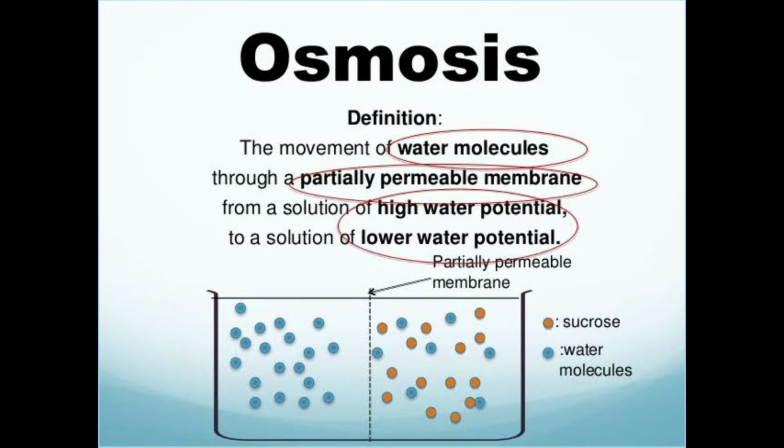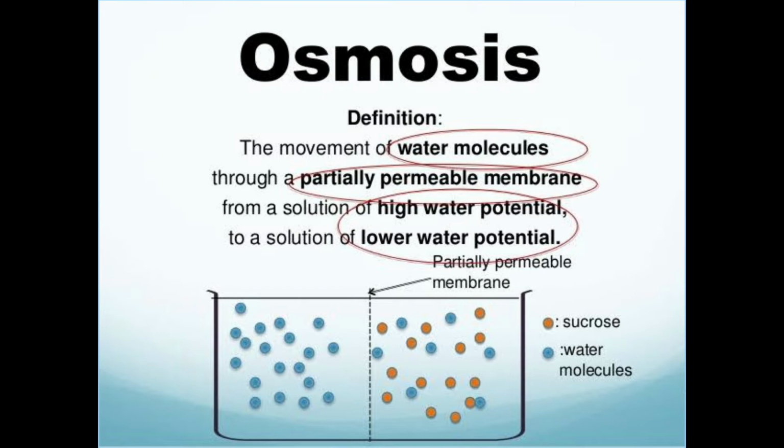On one side of the semi-permeable membrane, we keep water with high solute molecules. On the other side, we keep pure water, that is, water with fewer solute molecules present. If you keep them side by side, separating them with a semi-permeable membrane, normally water moves from high kinetic energy to low kinetic energy. This is the definition of osmosis.